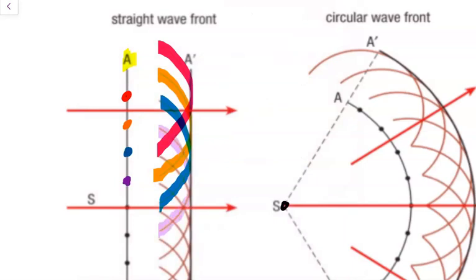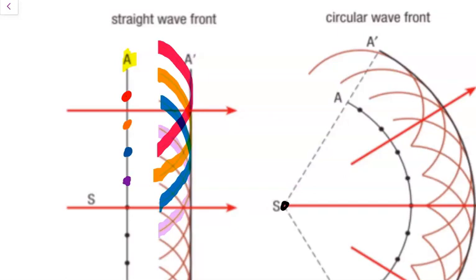And you can see that if I were to look at all of these wavelets as they're expanding outward, the tangent line across all of these wavelets creates what's called a new wavefront. And this is happening over and over and over again, which is kind of weird. We don't know if it's exactly happening, but a wavefront is being created, and then at each point on the wavefront, wavelets are expanding outward, and the